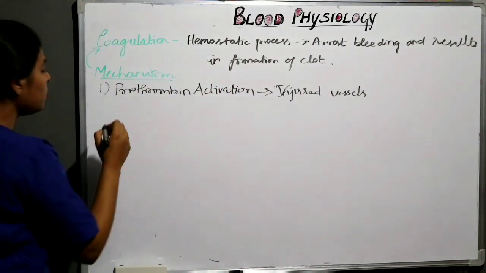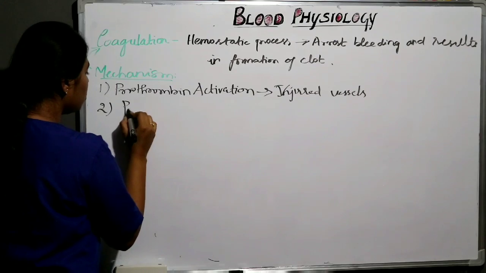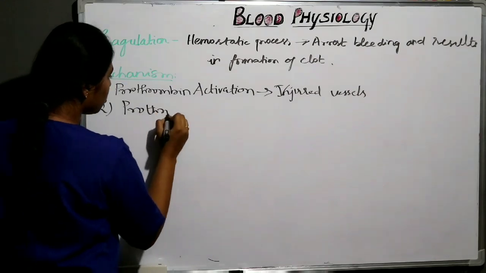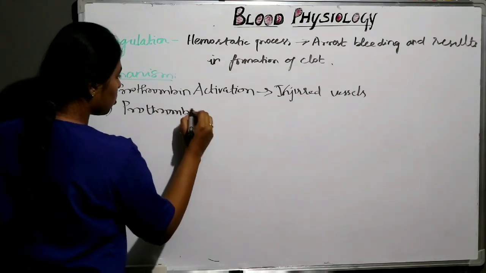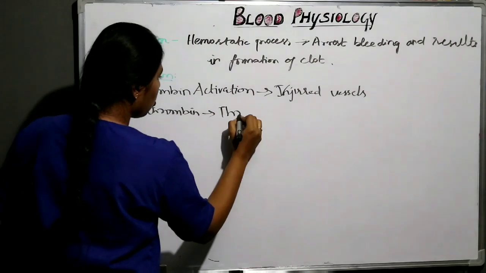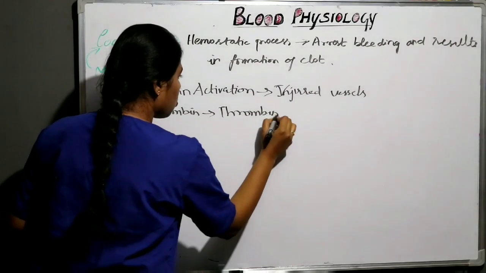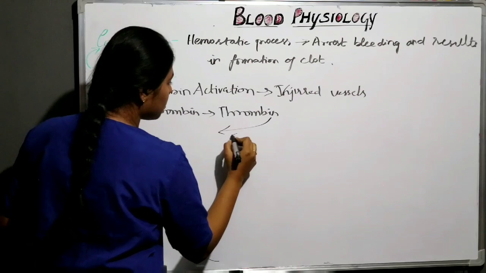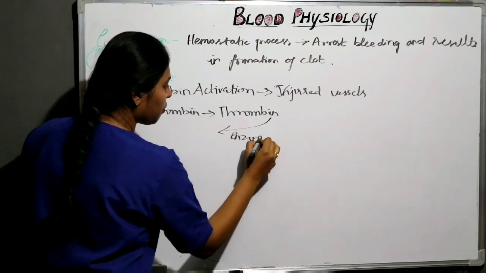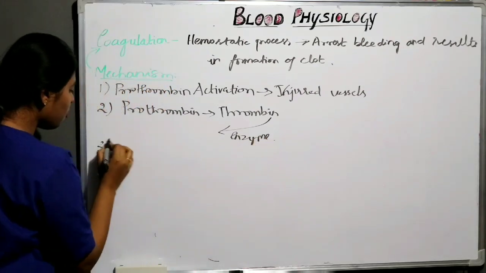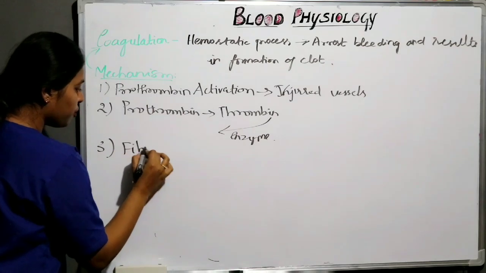This prothrombin activator converts prothrombin into thrombin. This thrombin acts as an enzyme in the conversion of fibrinogen